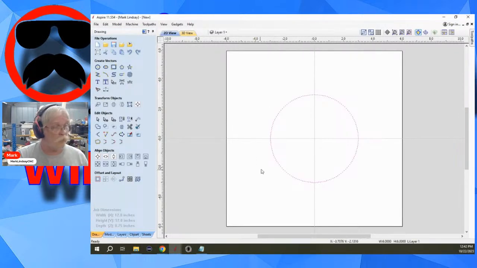So I'll select my vector, tap the letter N on my keyboard to go into node editing, put my cursor right here over that point and tap the letter C to cut the vector. Come over here, tap the letter C to cut that vector. So now I have two separate curves. All right, come out of node editing, and let's go ahead and get some text